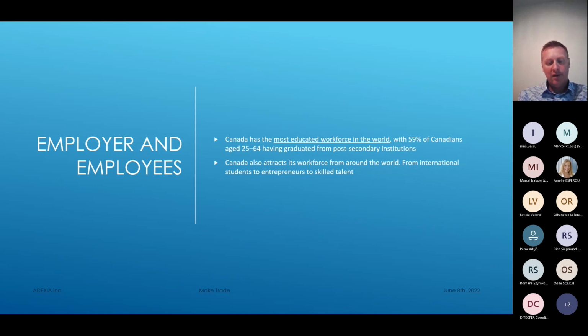So something you have to know is that Canada has one of the most educated workforces in the world. Almost 60% of Canadians between 25 and 64 have graduated from a post-secondary institution, meaning a college or university. And also what you have to understand here is that a lot of the workforce in Canada is coming from